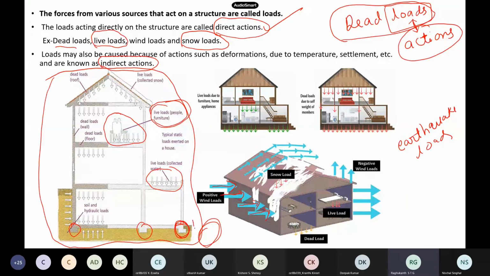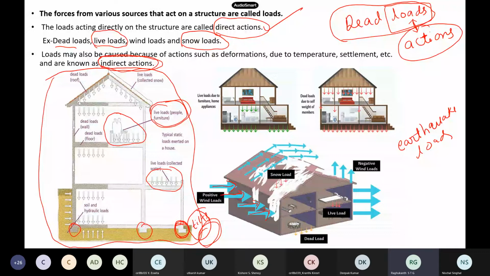So what happens when this column tilts? Obviously this will go down, and automatically this gives you differential settlement. So this may cause some additional load on other elements itself. Temperature and settlements all come under the indirect actions. They are not like a load which is acting directly on the structure, but they are due to some other mechanisms. So totally, loads can be classified into direct loads and indirect loads. Directly they are acting on the structure, indirect means this itself.